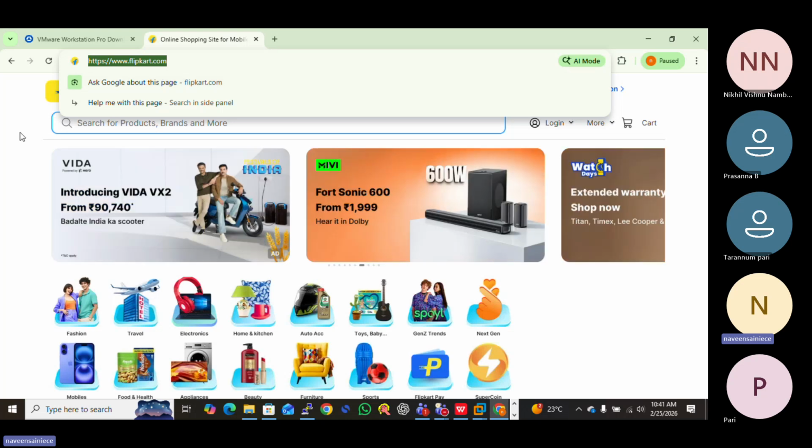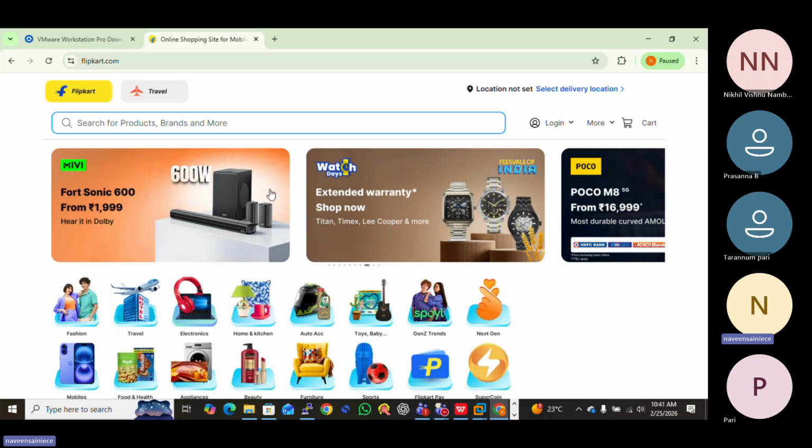But this type of application is dynamic. Why is it a dynamic application? Anyone? What is the meaning of dynamic application? Because the content will change. Correct. Content is changing every time.